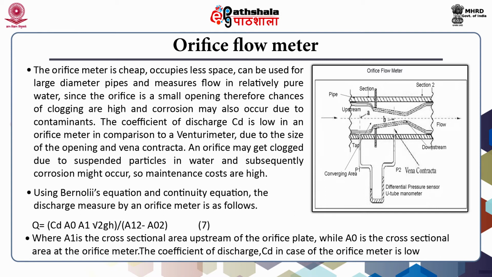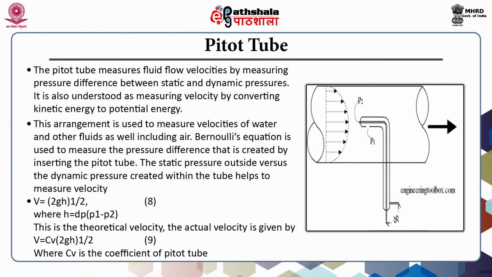Now these instruments are very cheap and readily available, and that is how we measure the pressure difference with the help of the manometer, and using that in the equations we are able to calculate the flows which occur. The other instrument in this category which is used to measure pipe flow is the Pitot tube.